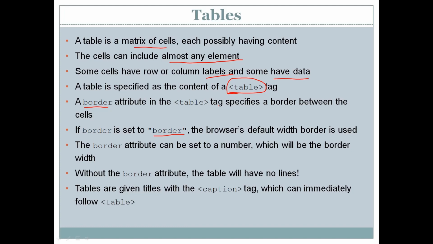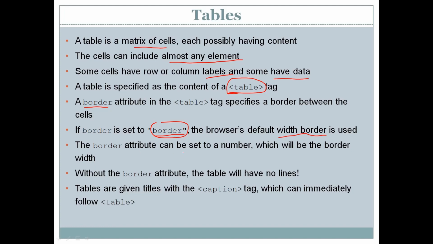The value can also be just border. If it is set to border, then the browser's default border width is used for the table.